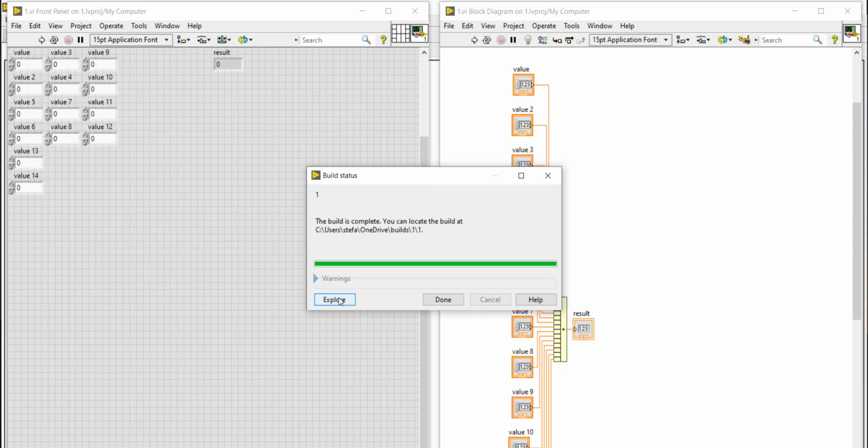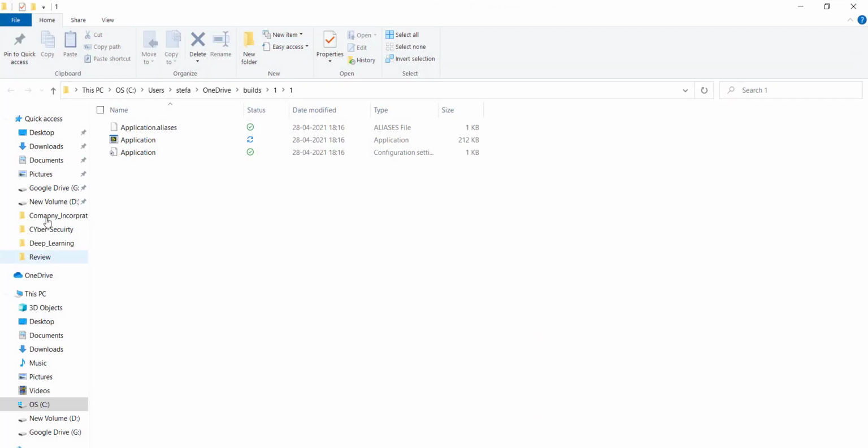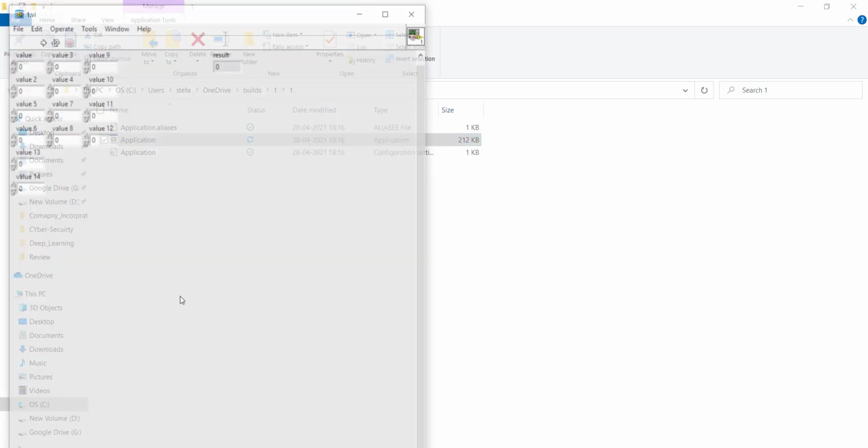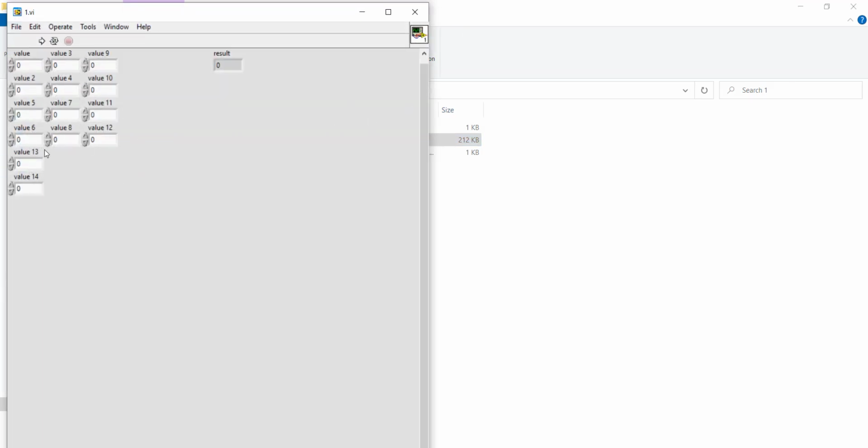It will try to build the application. You can go to Explorer and see the application here, and double click it, and this application will open. It takes a little time, so it opens. See here, you can right click and check how things are coming. It's as simple as that. Like this you can create a simple project.